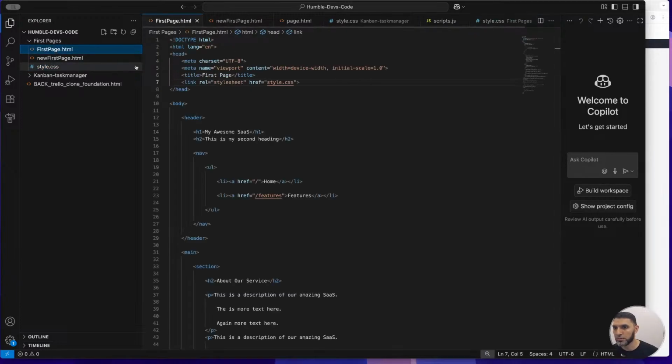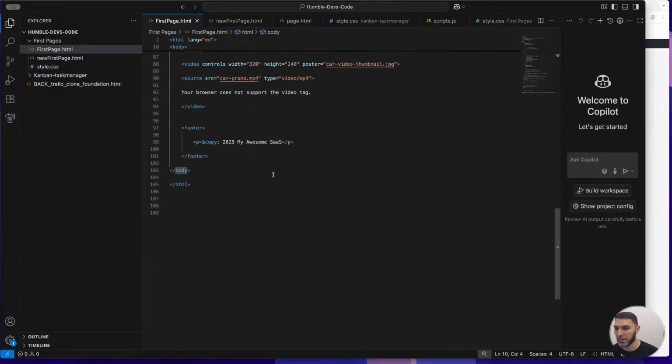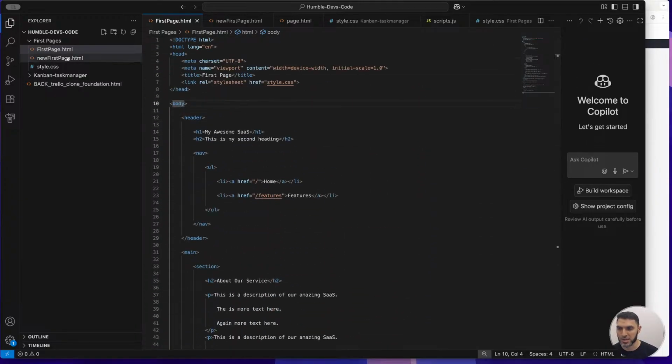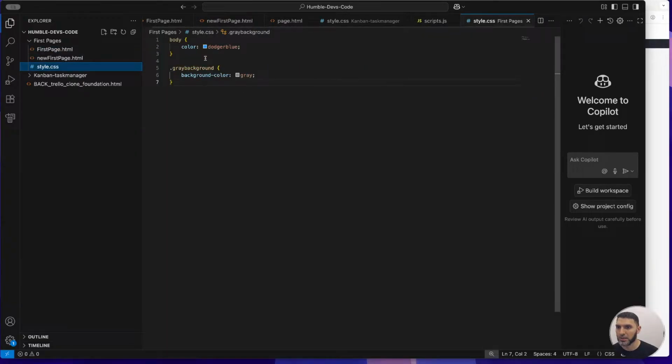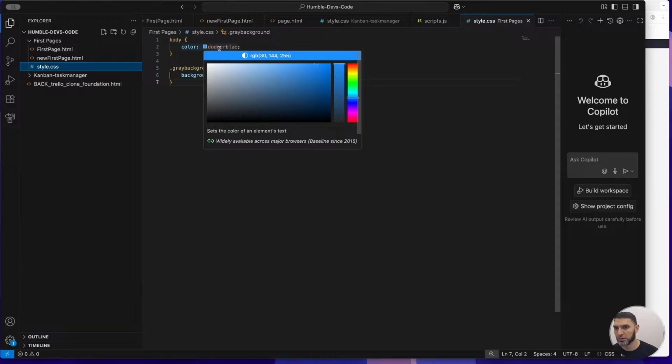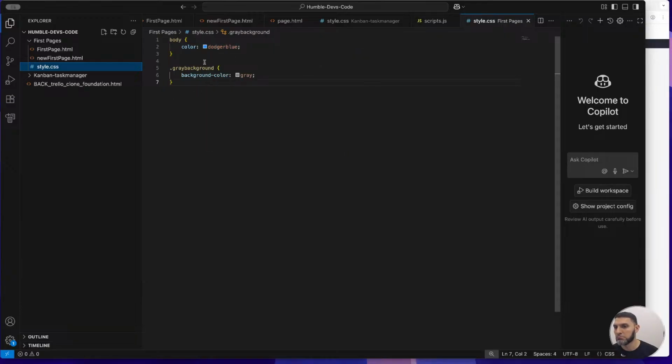So if I go to this page, we have the body tag, which again, the selectors we'll cover in our CSS class. So we're selecting in our CSS file everything that's inside the body needs to have the color Dodger blue, and we're going to give something that has the class a gray background,